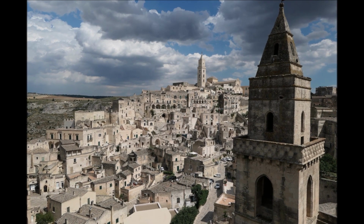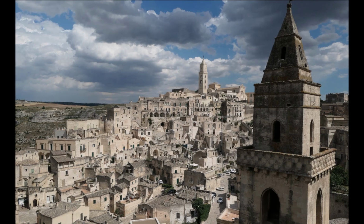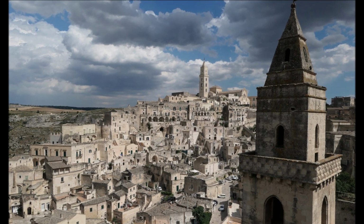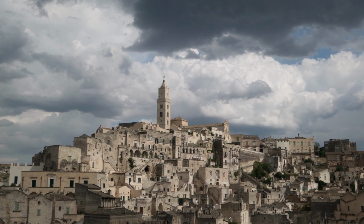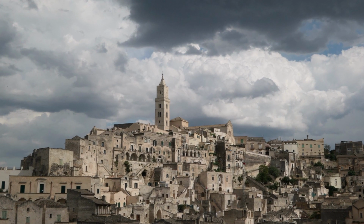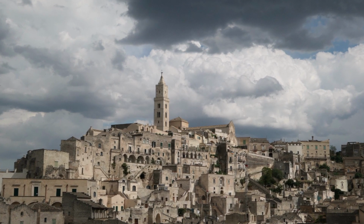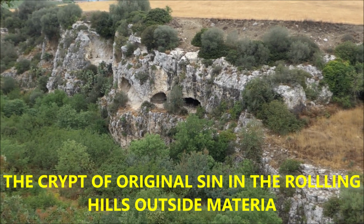And to Matera, which is one of the most beautiful towns I've ever been to, with its whitish buildings. It looks so much like Jerusalem along the side of a large canyon. A lot of the buildings are dug into the limestone walls, and it's simply a great place to visit. This is quite a sight. A canyon,